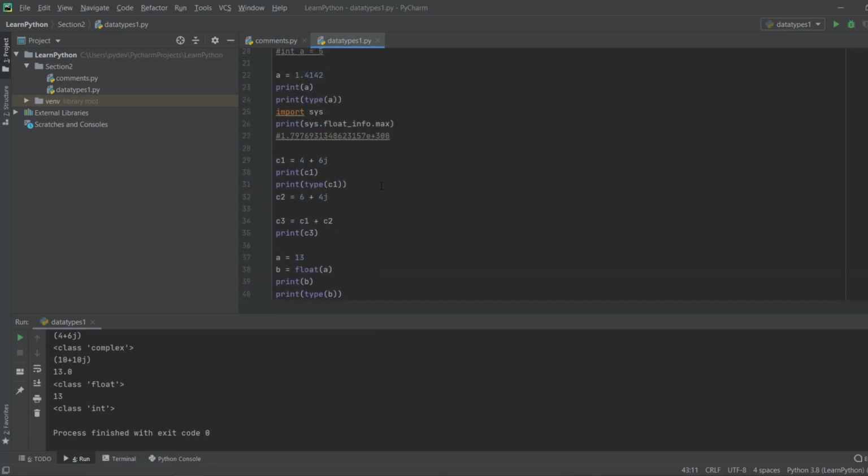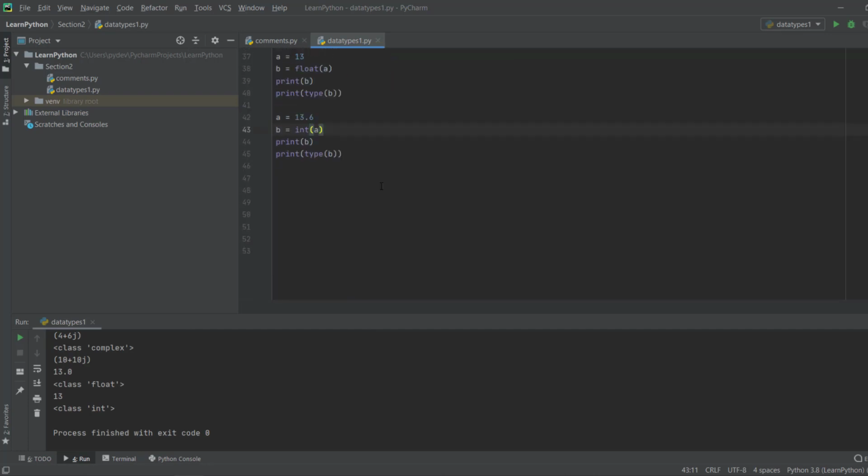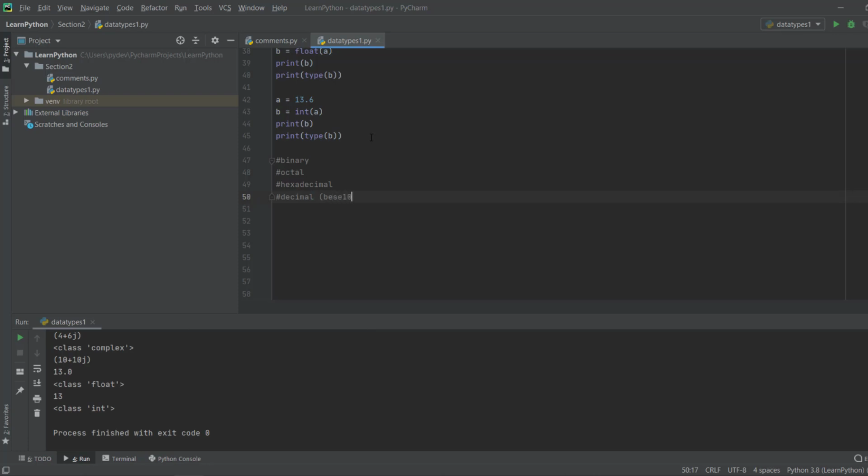Now another thing that you really need to understand is the number system. You have different number systems. You have binary, octal, hexadecimal, and of course decimal. Decimal is nothing but base 10, so you don't need to worry about it because generally everything is base 10.